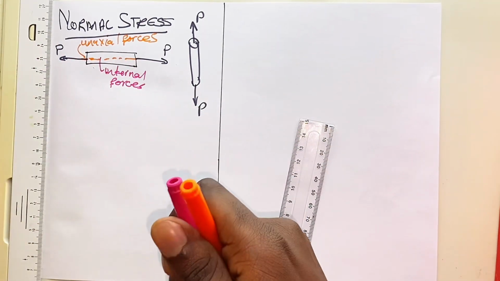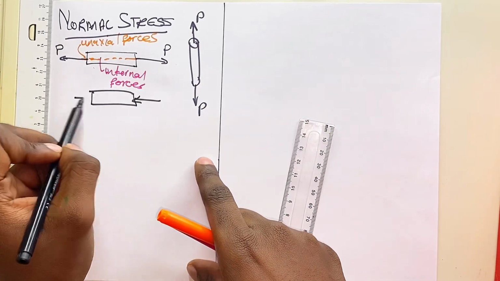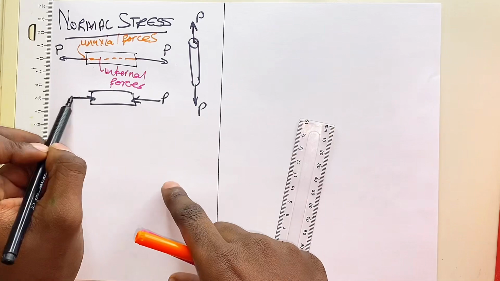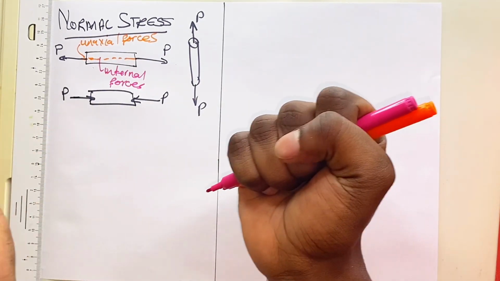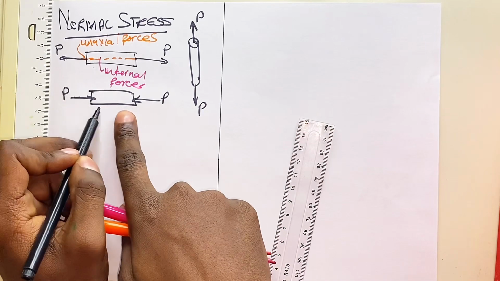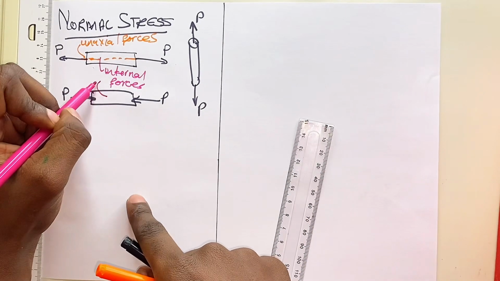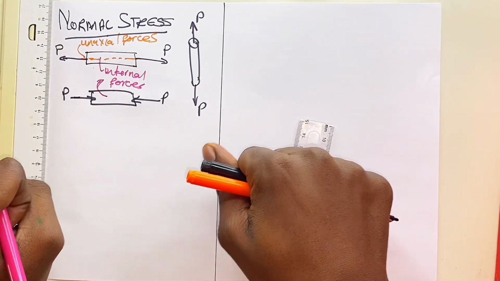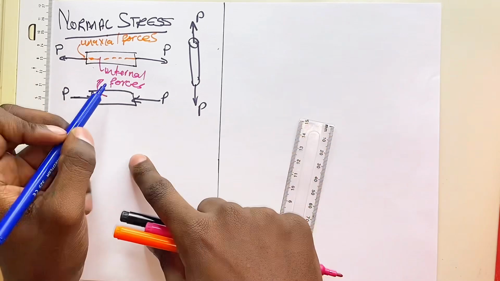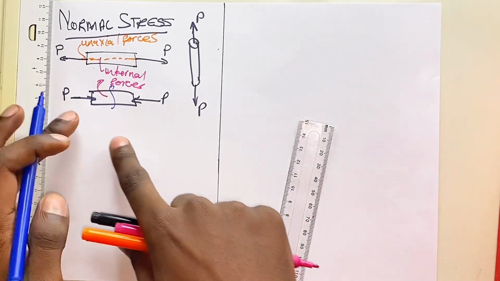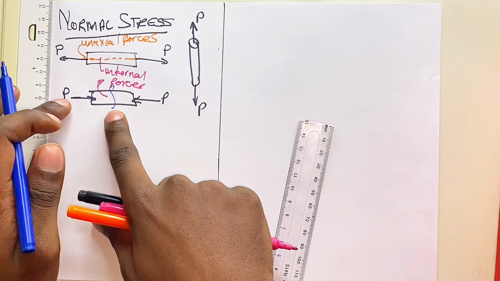Even if my member was experiencing compressive forces and you found out that these forces were pushing against the member, instead of shrinking into a smaller size, there would be the same type of internal forces that are acting to resist that compression. To expose these internal forces that are acting inside here, that are resisting the effect of the external forces,